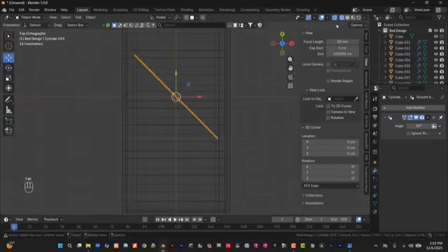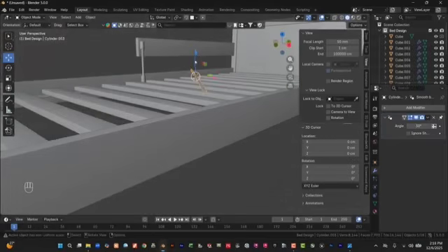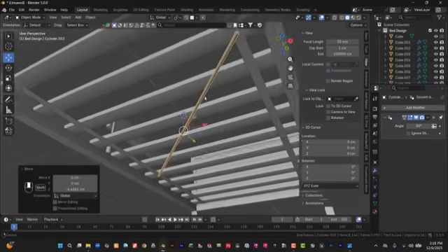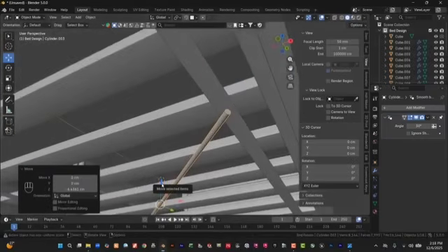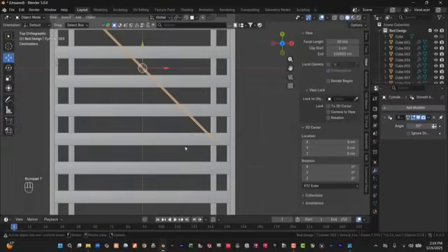Okay, make it down, by the way. And we will add mirror,